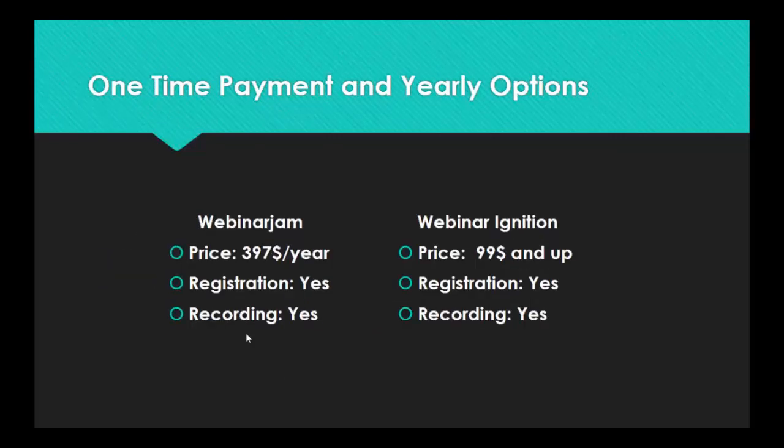Now I wanted to show you also that there are other possibilities too. For paid platforms, you have one-time payment. That means you only pay once when you access the service, and then you can use it forever. And you have yearly options, so platforms where you pay a yearly fee. And obviously, from a financial standpoint, if you take a whole year, these platforms are more advantageous, obviously, okay, and they have more benefits. So first of all, we have Webinar Jam, which is actually developed by two very big internet marketers, very big names in the internet marketing industry.